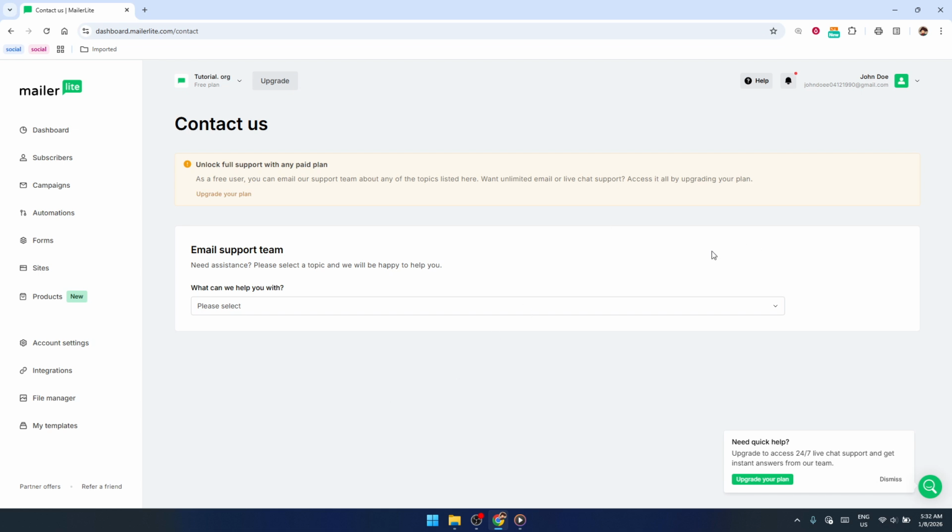And that's it. You now know how to open the Help menu, use the Help Center for quick answers, and contact Mailerlite's support team directly via email when you need more personal